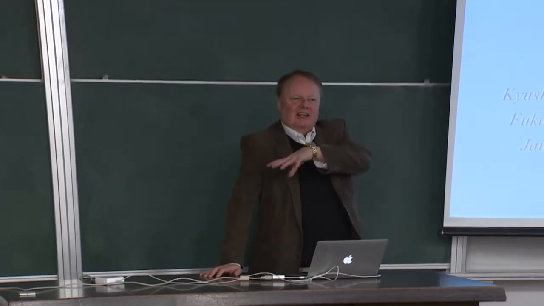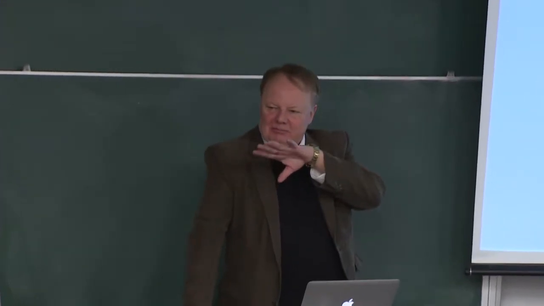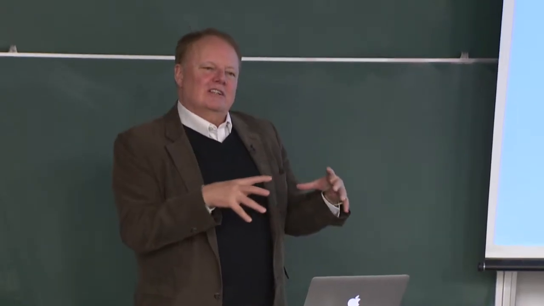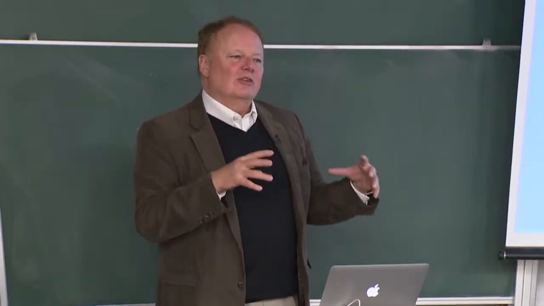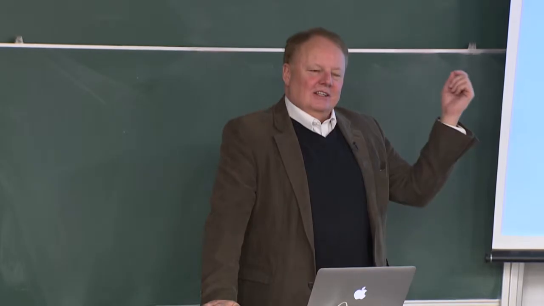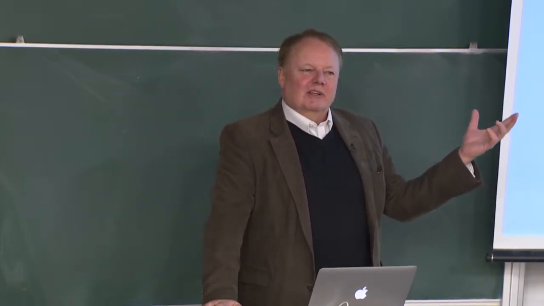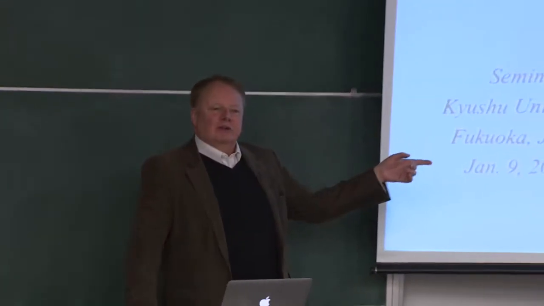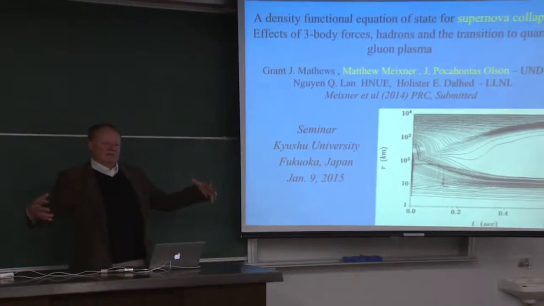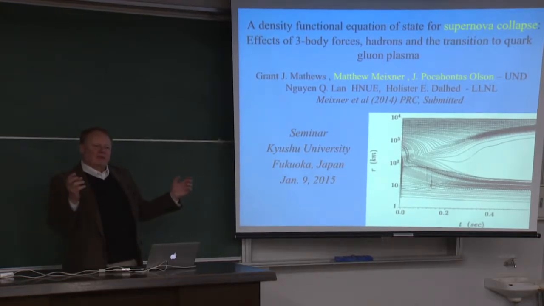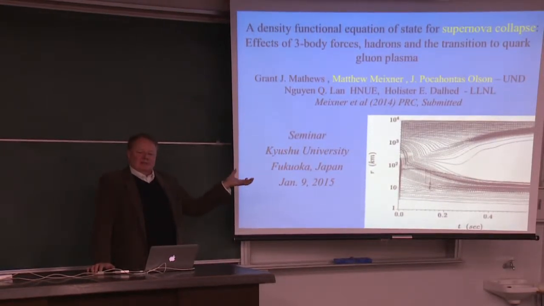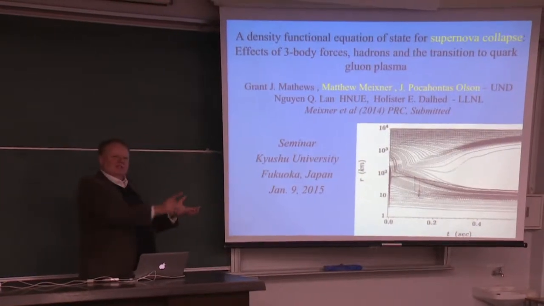We've actually had a lot of fun this week talking about the problem of the equation of state in the interior of a neutron star. It's at a nuclear matter density, so 10 to the 15 grams per centimeter cubed. Also happens in the interior of a supernova when a star, say 10 times the mass of the sun, collapses the core under its own weight. It compresses to a nucleus of 10 to the 15 grams per centimeter cubed and induces the star to explode,